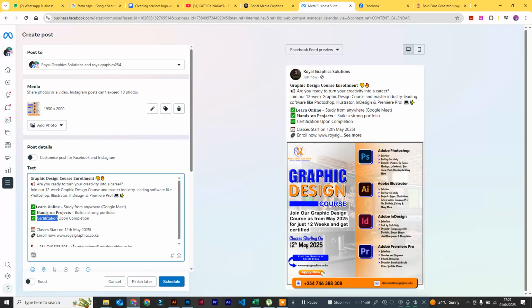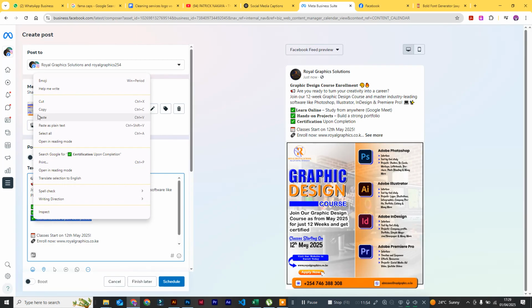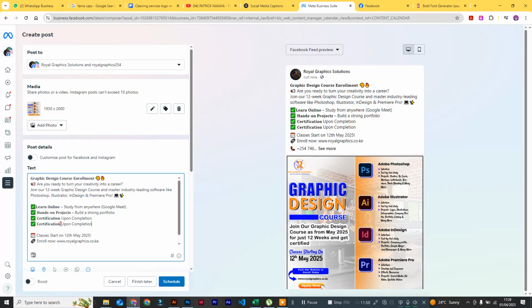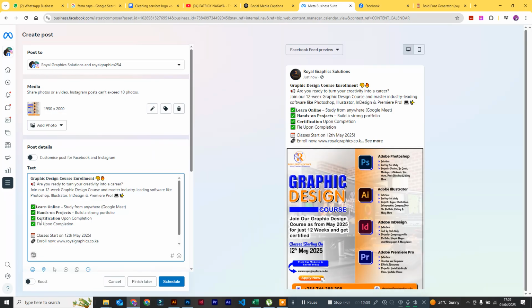Maybe another thing that I'll add here is flexible learning. I'll copy the whole of this one since we don't want to copy anything here. Just put here flexible learning. Since I've added this text here,